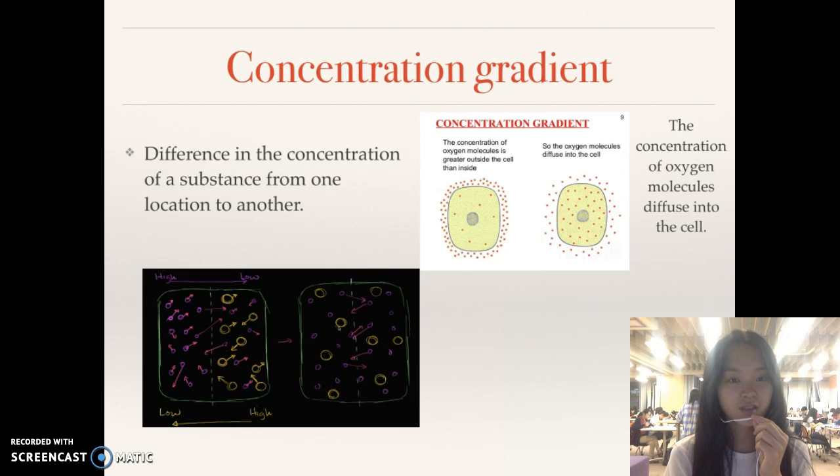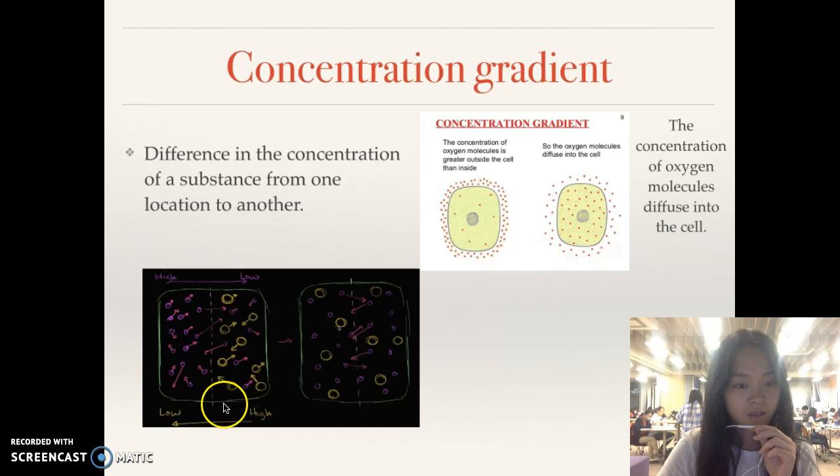So the definition of this vocabulary is a difference in the concentration of a substance from one location to another. So let's look at this diagram. There are some purple molecules on the left side, and there are some purple molecules on the right side, but there are more yellow